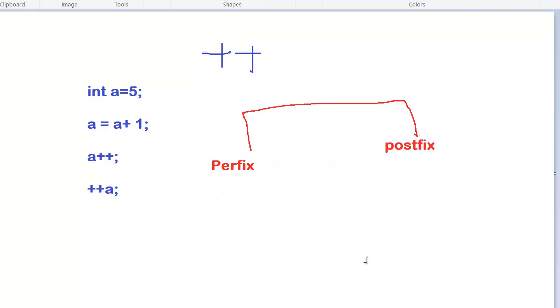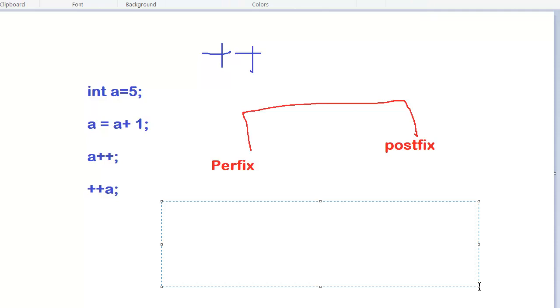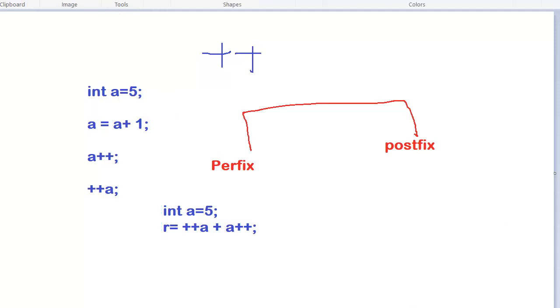Only a little difference on the same line, not with the second line. Let me write int a equal to say 5. I am writing int r equal to, say, the r value I want to use, plus plus a plus. See how it is different. Now the value of a I have used at first is 5.